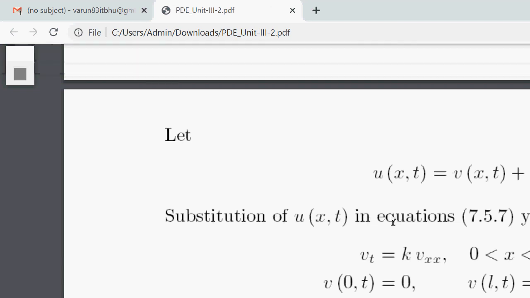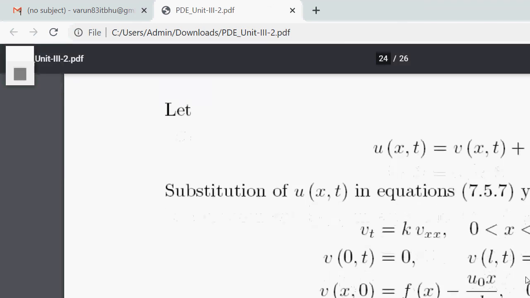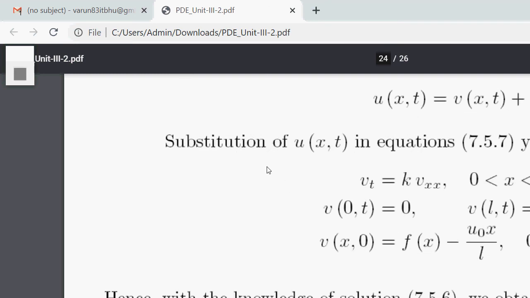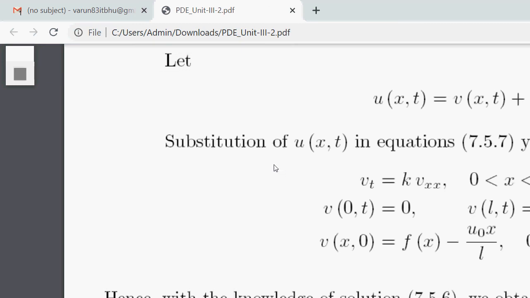तो एक चीज यहाँ देखेंगे कि ये जो डिफरेंशियल इक्वेशन हमने रिड्यूस किया है 7.5.7, जो इस सब्स्टिट्यूशन u(x,t) इक्वल टू v(x,t) प्लस u0 x अपॉन l के हेल्प से रिड्यूस किया गया है, ये बिल्कुल वैसा ही प्रॉब्लम है जैसा हम लोग 7.5.1 को डिस्कस कर रहे थे और 7.5.1 का जो सॉल्यूशन था वो हमें मालूम था। तो उस सॉल्यूशन में केवल चेंज कितना होगा, जहां हमारा f(x) था मींस जो हम an फाइंड आउट कर रहे थे उस an की जगह पे हम लोग an में f(x) की जगह पे रख देंगे f(x) माइनस u0 x अपॉन l.